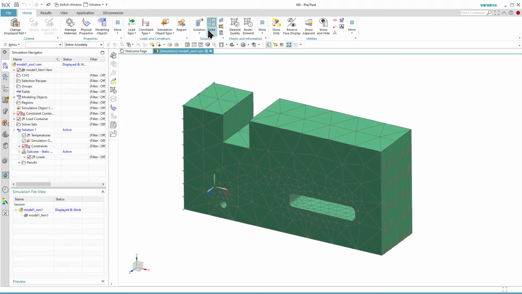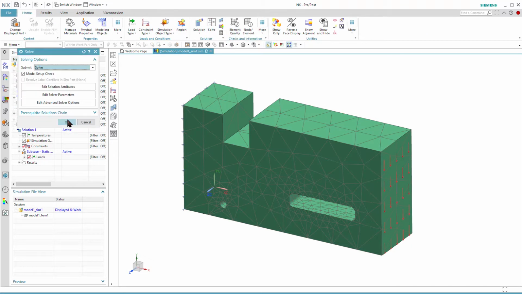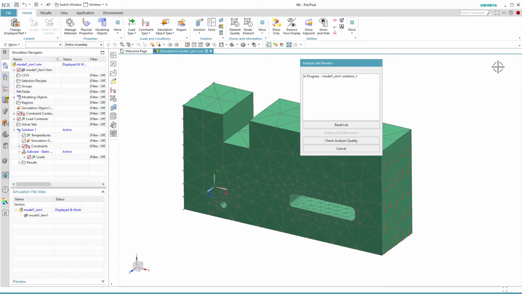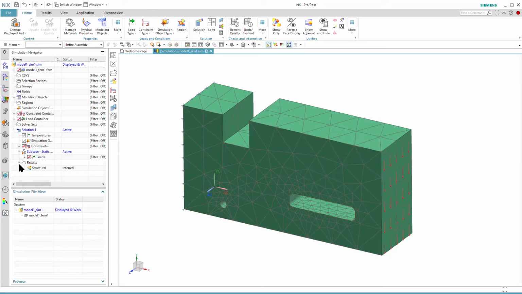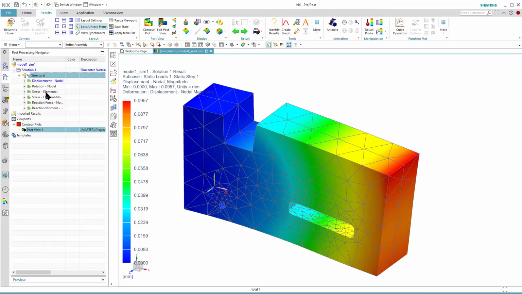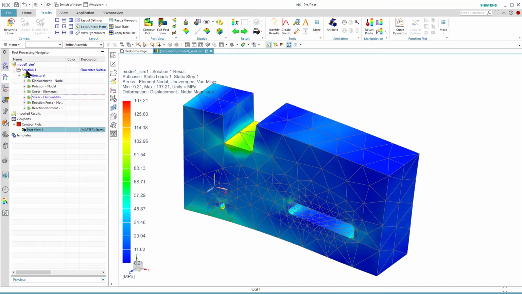Let's solve this first solution. I just control that there are some usable results. Okay,